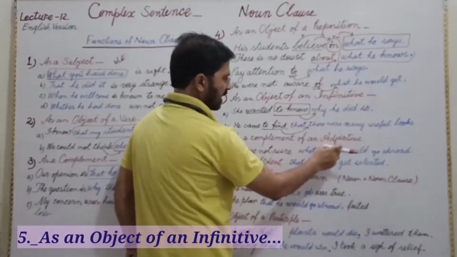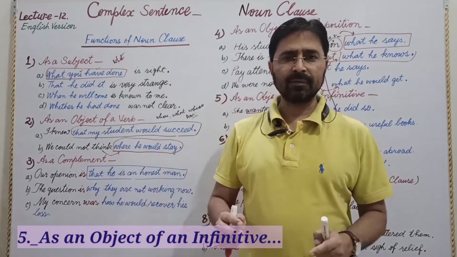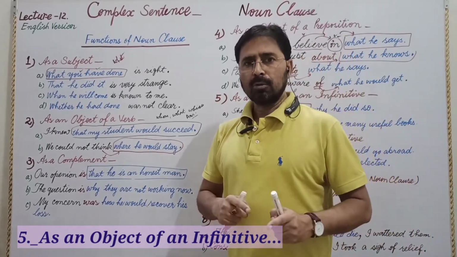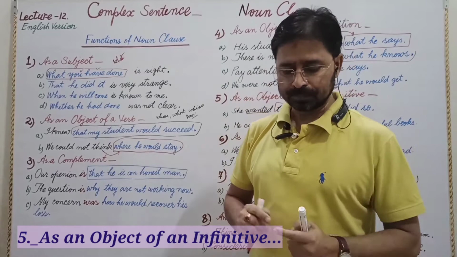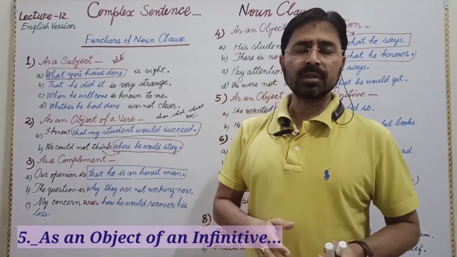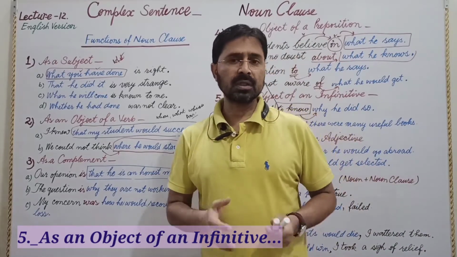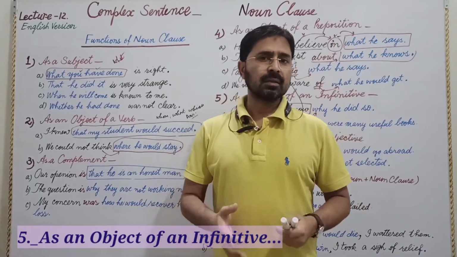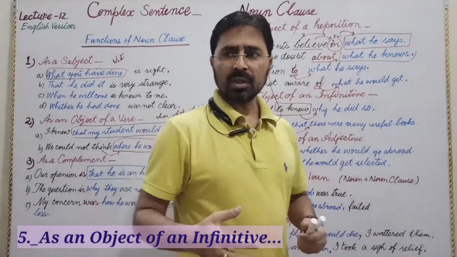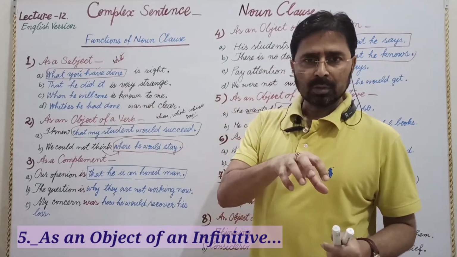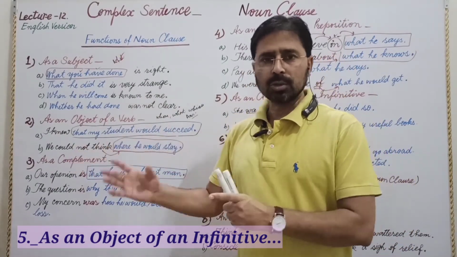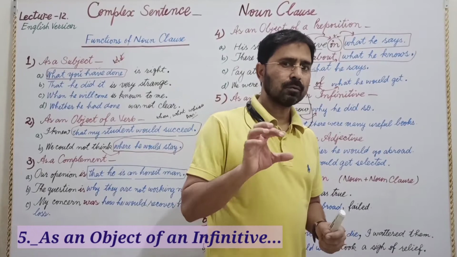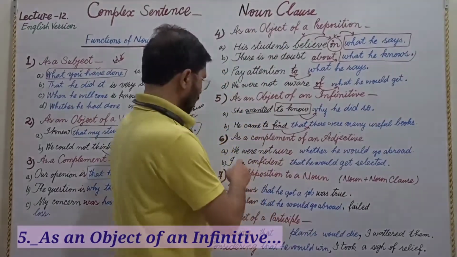As a complement of an adjective. We have gone through what a complement is, and now let's understand what an adjective is. An adjective is a word that says something about a noun or pronoun. You can say in simple words that it describes the quality, it describes some features, or it adds something to a noun or pronoun. Suppose he is a good student, then good says something about the student, good is the quality of the student. That's why we can say it is an adjective. Good is an adjective of the noun student.